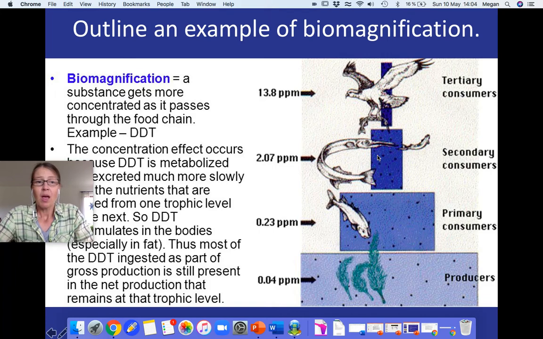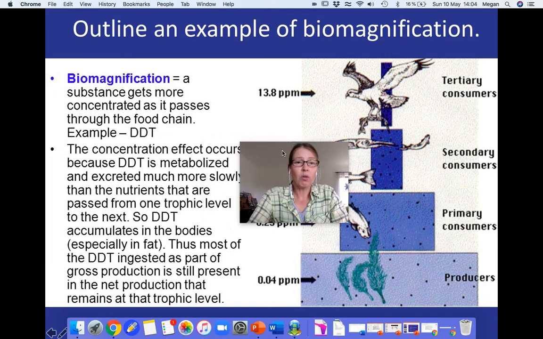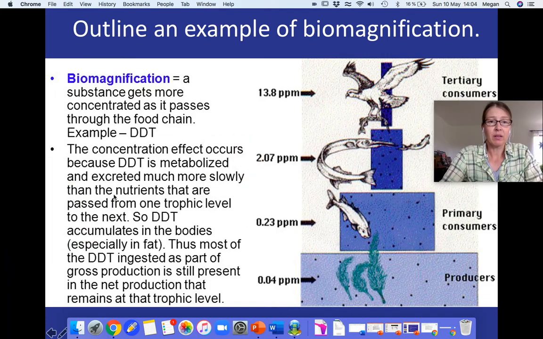Okay? So the examples of this, as I said, are DDT. This is a classic example. And you guys watch or will be watching the one on Silent Spring. This is a really important pesticide that was used throughout the 50s and 60s and so on to get rid of mosquitoes and other pests on crops and other things, right? And mosquitoes cause malaria, so it's kind of a big deal right at the beginning.